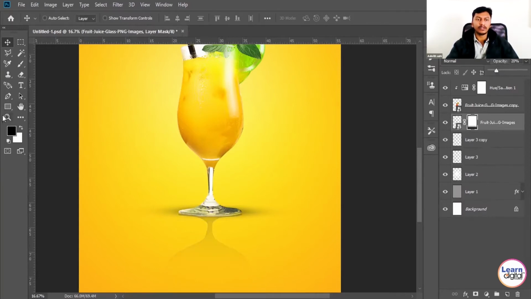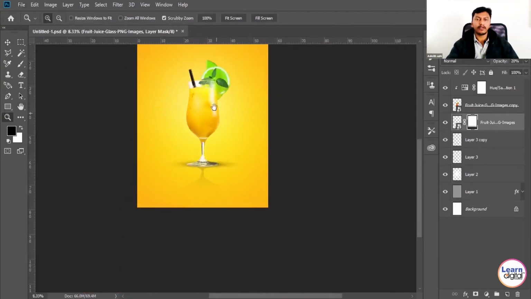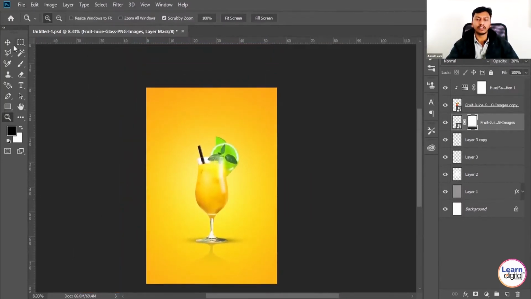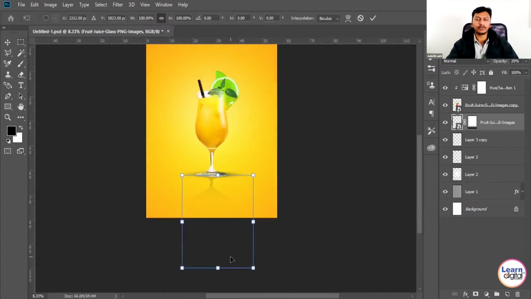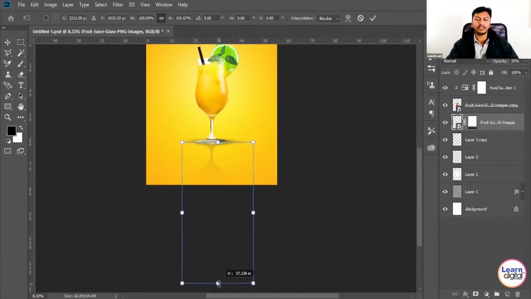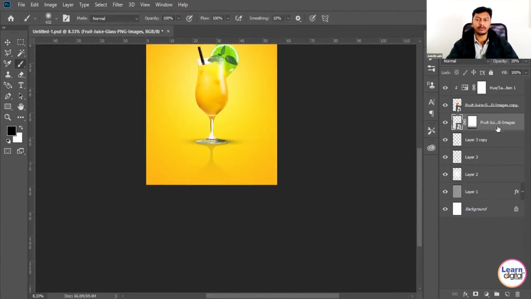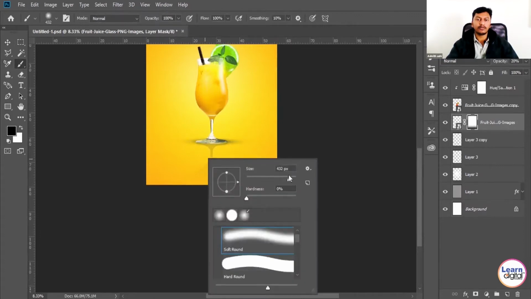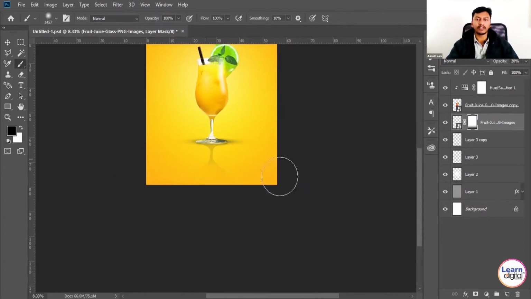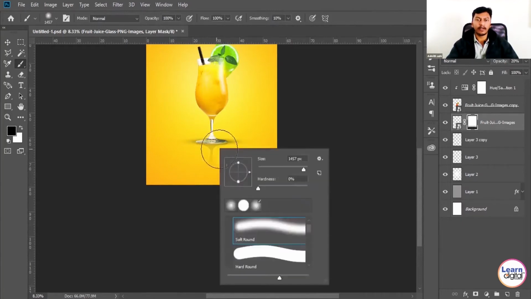So each and every thing you need to experiment with. So now you can see the reflection with the shadow over there. So just do small settings. Small changes will give you better output. So how much distance you need, just transform it. With the help of mask, already it is in a mask, I'm erasing a few parts which are really not required.